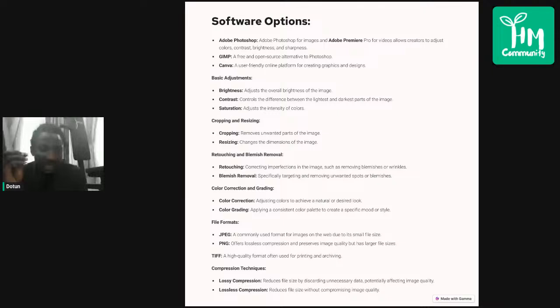Of course, there's also color correction and grading. With LUTs on most cameras these days, especially the Sony cameras and also the Blackmagic cameras that we have out there, LUTs actually help you